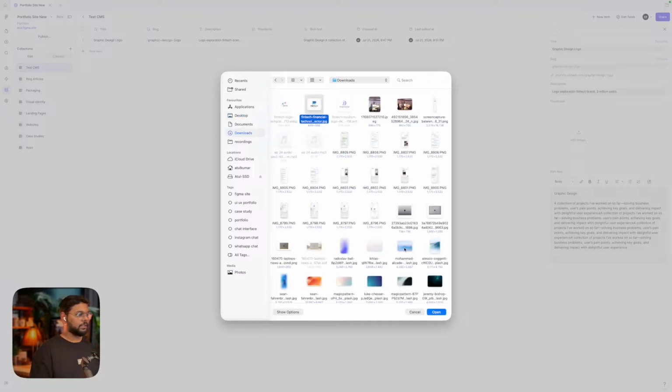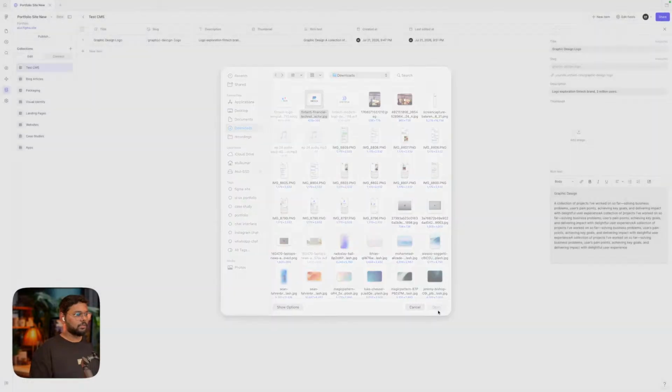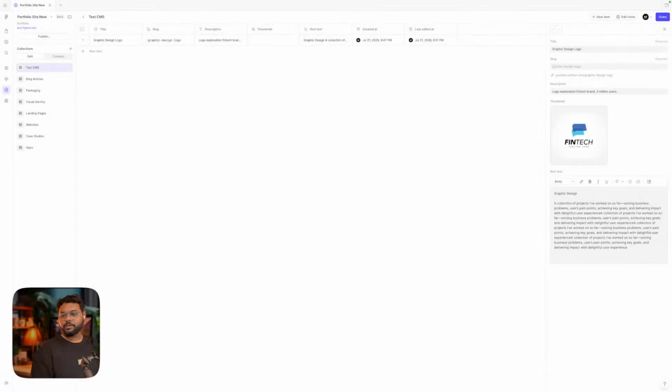Okay, only one I can use. So let me convert those into JPEG. Okay. Quick action. Okay, great. So we have this. We can use some alternate text,